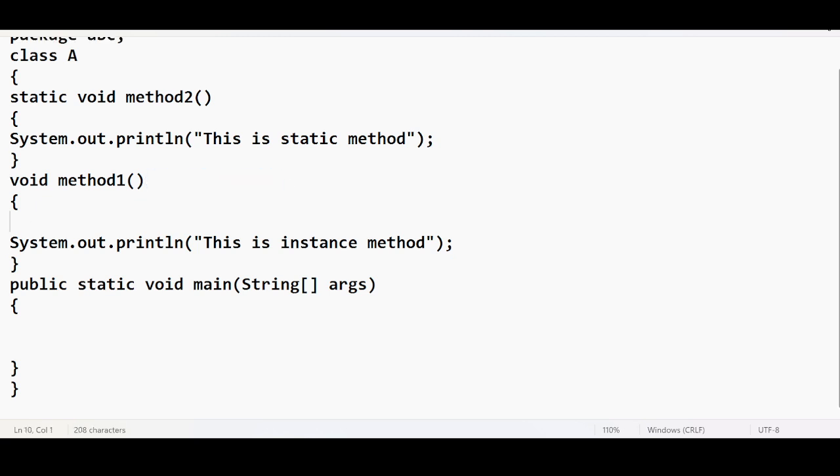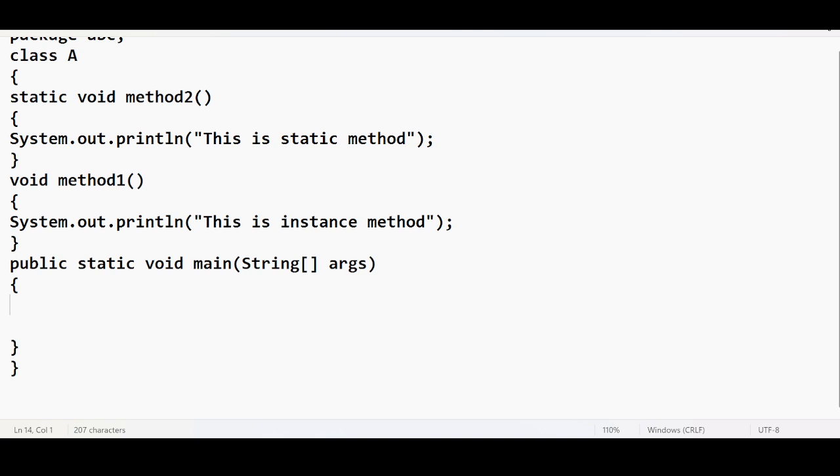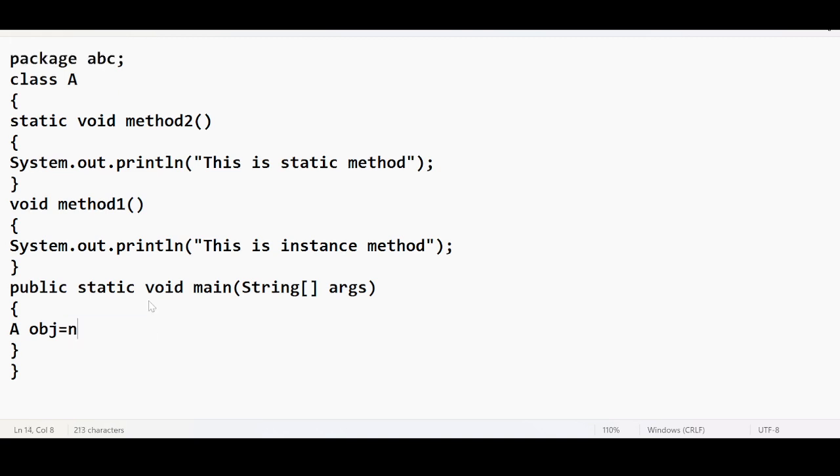Okay, so we know already during object creation we use the new keyword, right? New obj, A obj equal to new A. So this new A is going to create an object, and this object will be addressed by the name of the reference variable obj. Instead of creating new A, if I refer this reference variable to null value,